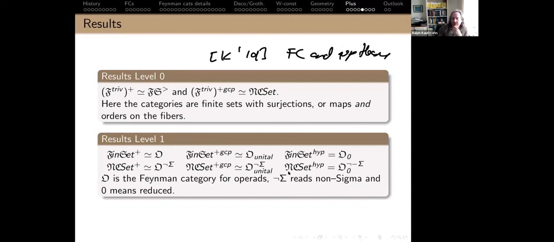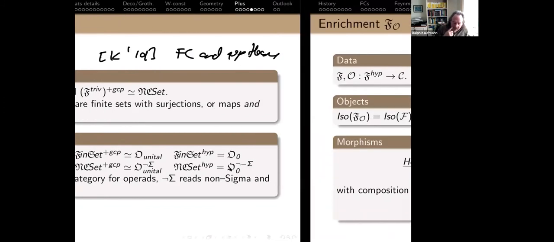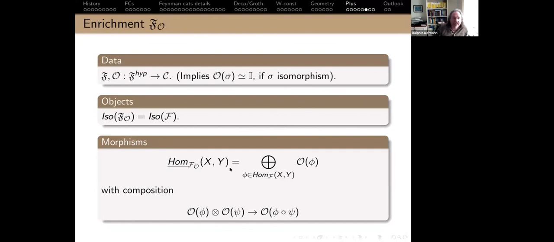And so you see that, and these are nice computations. Again, I'm not making this up. You can read the computations, they're in this paper. And that gives you enrichment in algebras, and let me briefly state that. What you do is you start with your functors. If it's from this hyper, it says if you apply it to an isomorphism, you just get the monoidal unit. You keep the same objects, actually even the same groupoid of objects, but you enrich the morphisms. So for every morphism you had in your underlying category, you take O of phi.